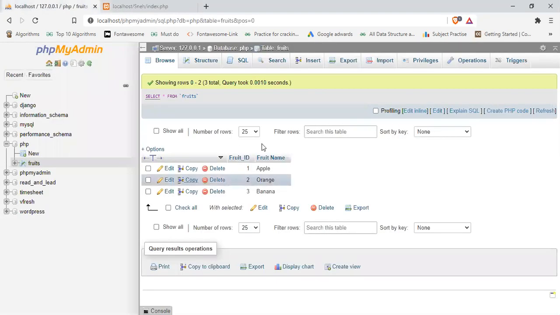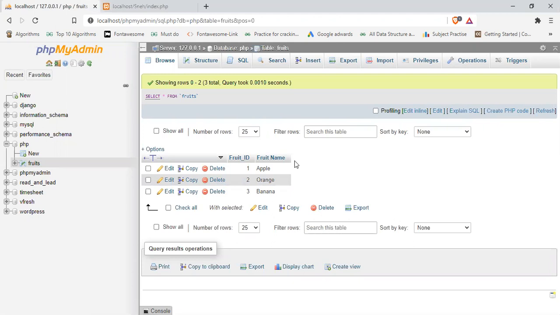So initially we need to fetch data, and after that we need to filter it row by row. So initially we need to write some query. We already know that select star from table name. What is the name of the table? Fruits. If we write select star from fruits, the whole table will come. So we need to write a loop, and go row by row.